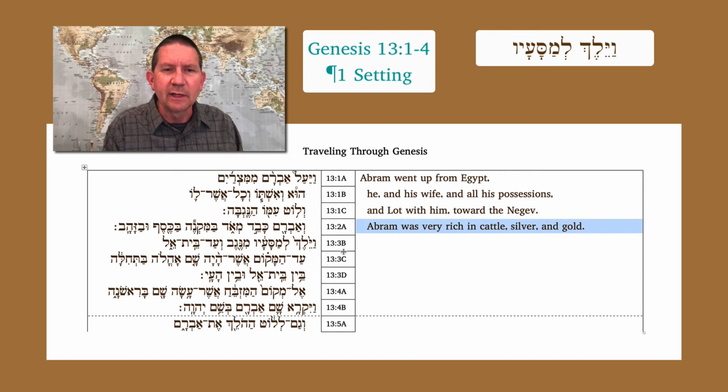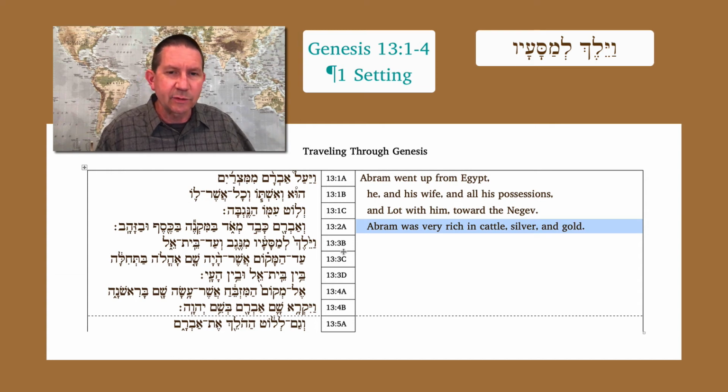So you see the Dagesh Forte and the Samach there, and that's the noon of the root Nasa. You see the mem on the front being a noun maker. So he set out for his journeys. So they're going to be journeying in stages. This is a pretty long trip, and so there's going to be a lot of go-aways, set up camp, break camp, go-aways, set up camp again and again. So he set out for his journeys from the Negev,